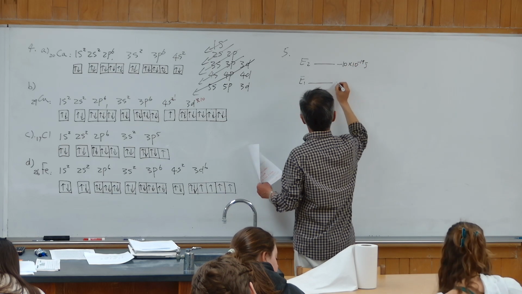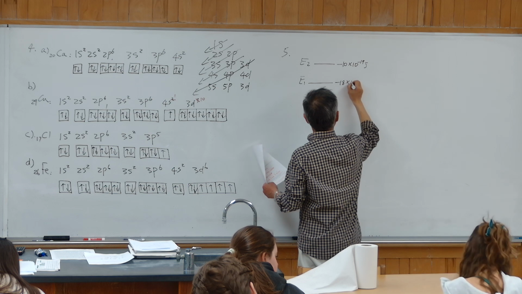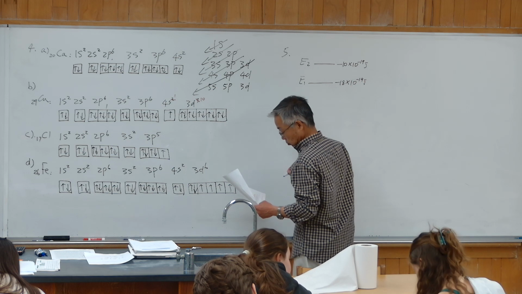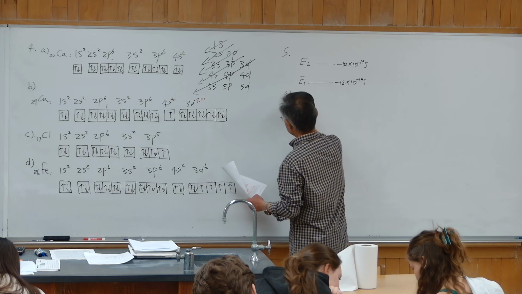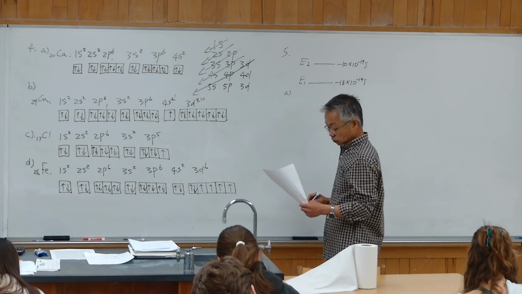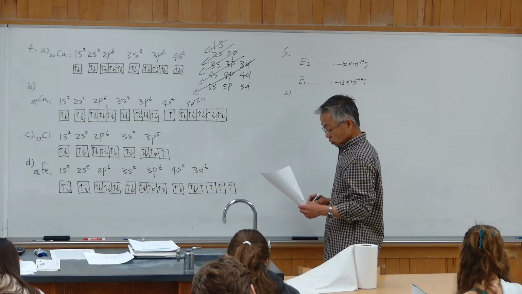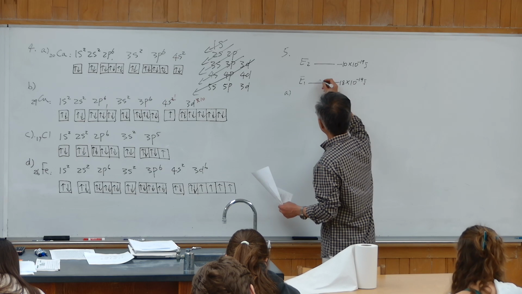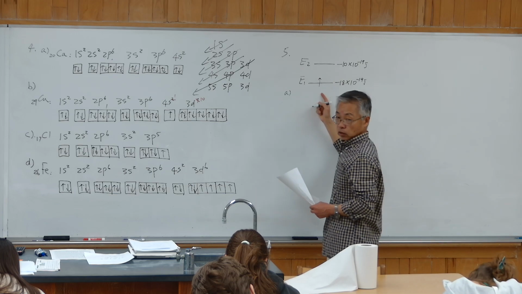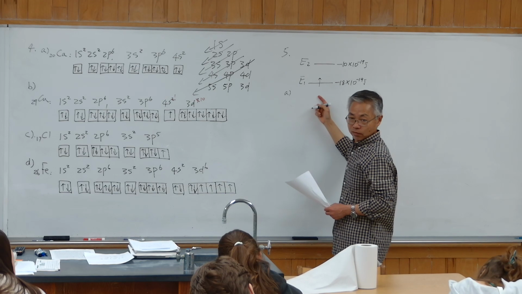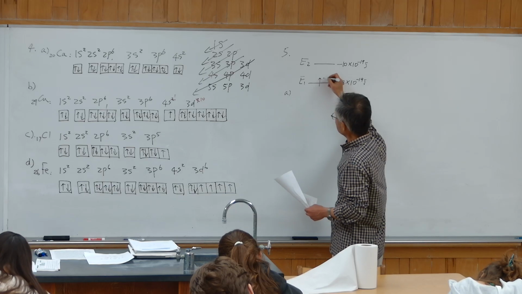The E1 energy level is negative 18 times 10 to the negative 19th power joule. The question asks what is the energy in joules a photon must have in order to excite an electron from E1 to E2. The electron is initially in the E1 level. Okay. Once excited to E2,